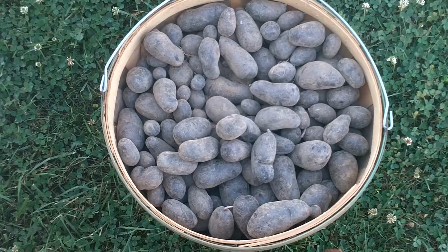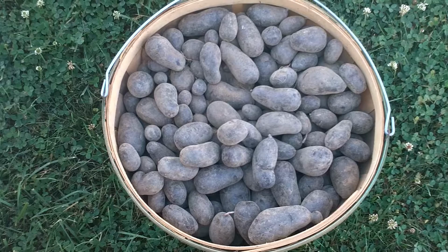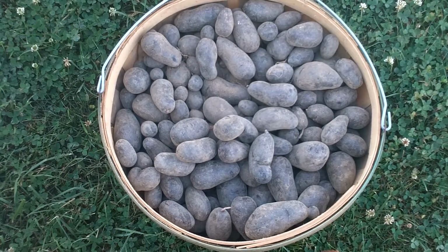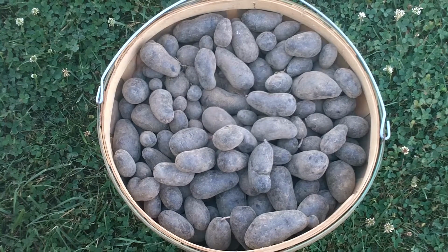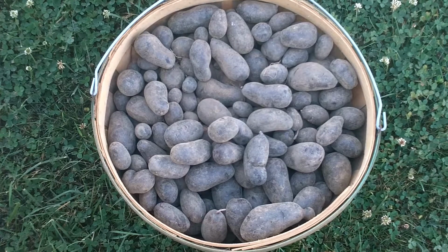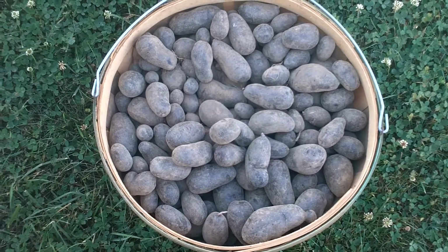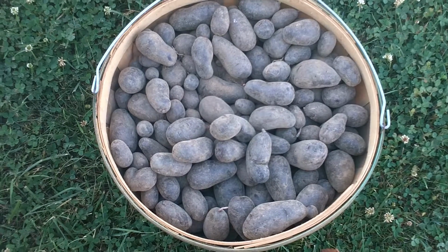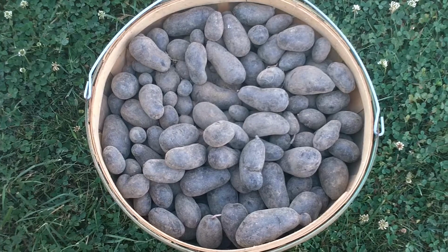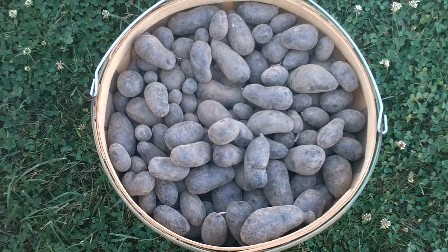I dug these purple fingerling potatoes late yesterday evening, and I weighed them out. I went back to my records and I had planted 3 pounds of potatoes, and what I had done is I just planted them whole. I didn't cut them and divide them, and it was approximately 17 plants, and what they produced was 26 pounds